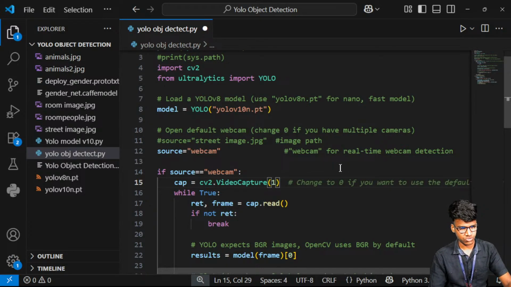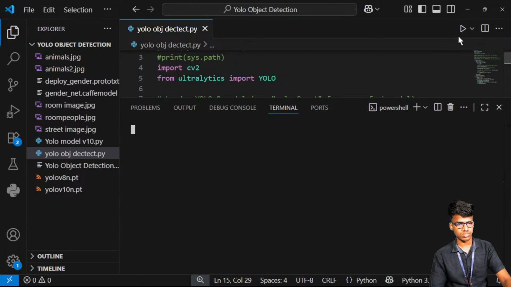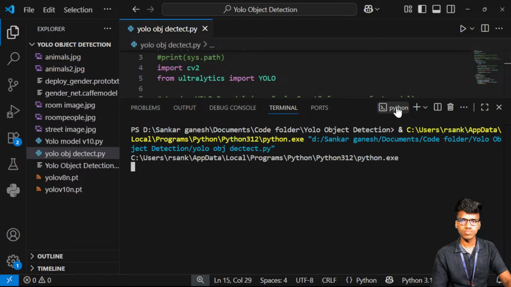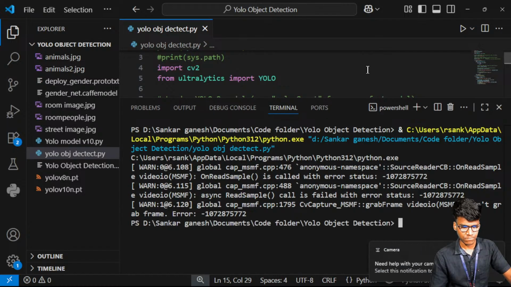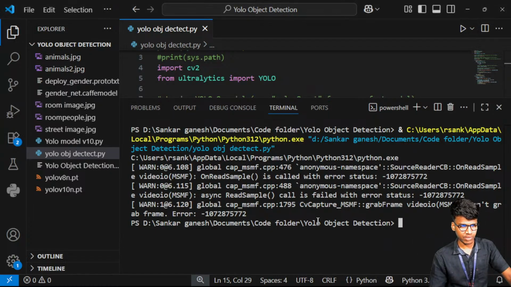Now I try to run this one. Okay, I need help with the camera, troubleshooting. Some kind of error is there. I have to check my camera and the device access here.